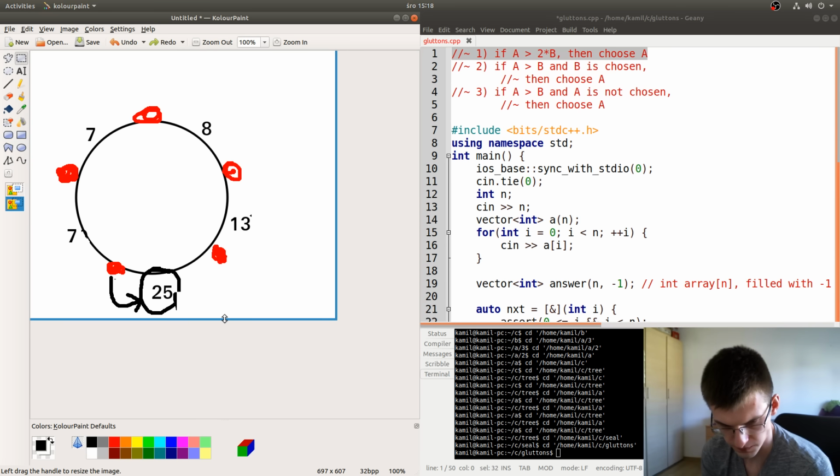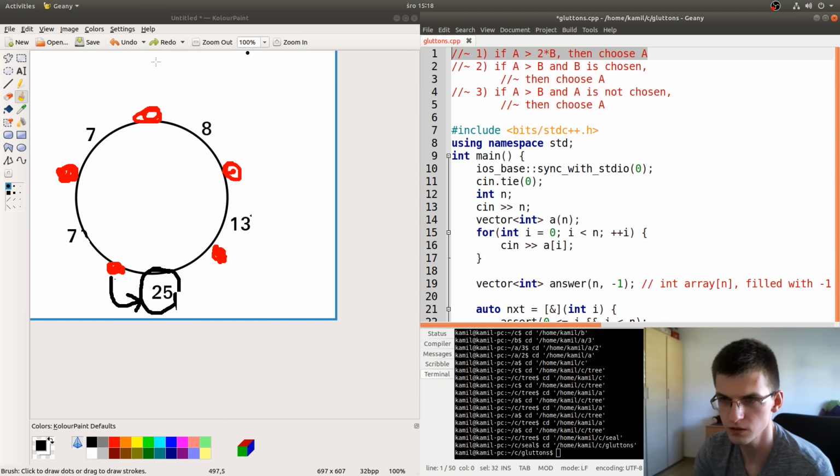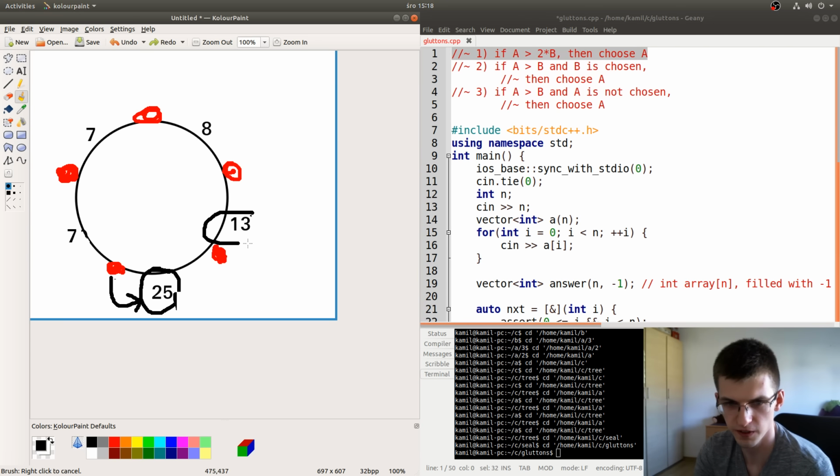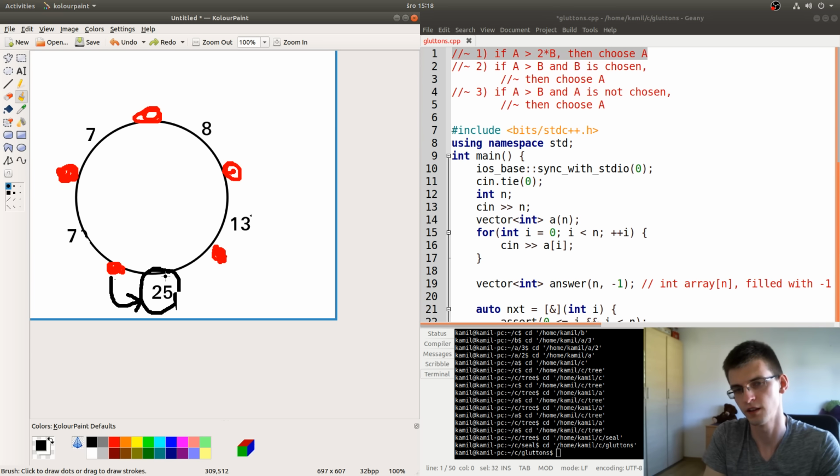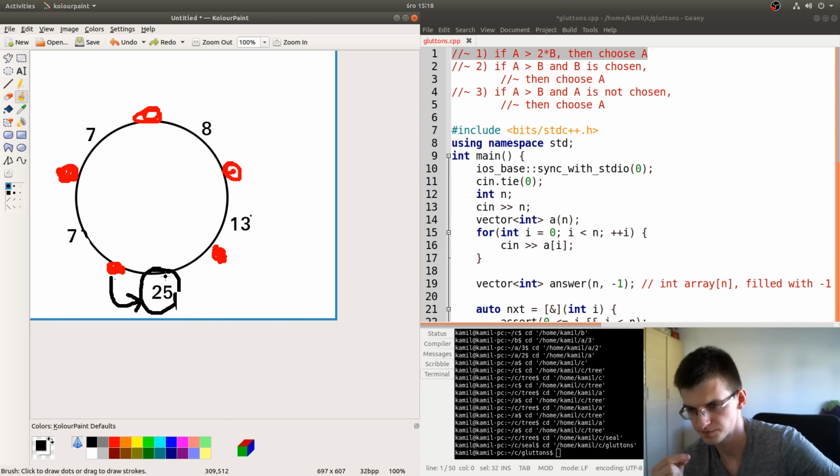What now? Now, can we say that every other person will choose a unique cake? So, except for our choices made with this first rule, and so maybe if these values would be smaller, then this person would also take the same cake. Maybe after considering that, we can now say that every person chooses a unique cake.